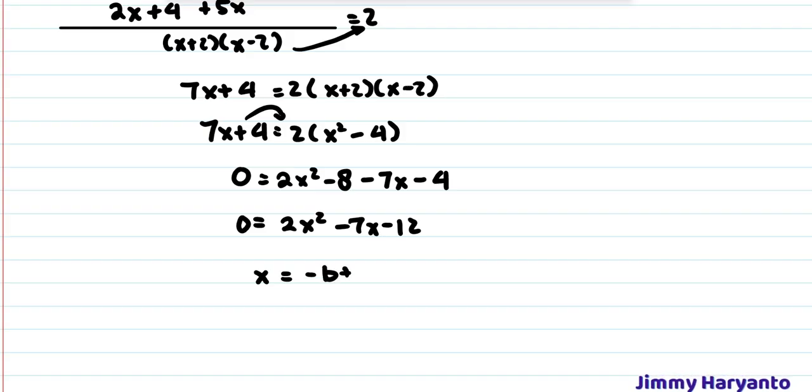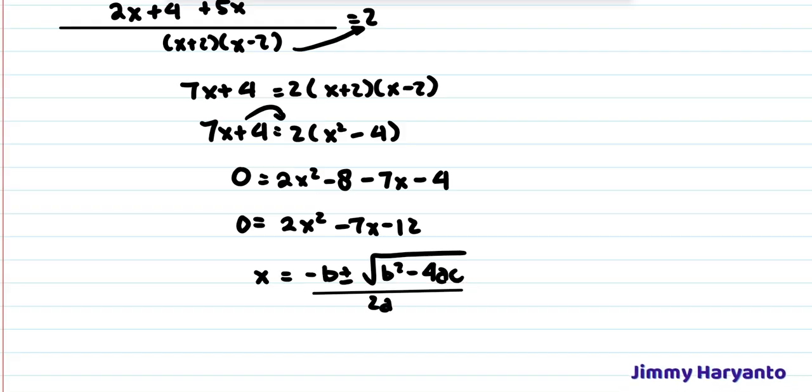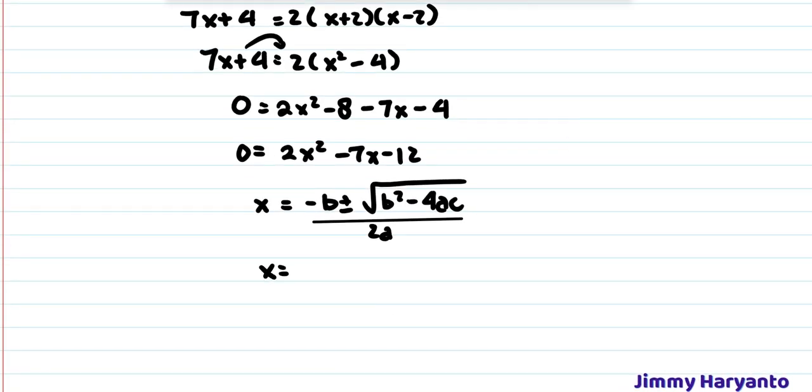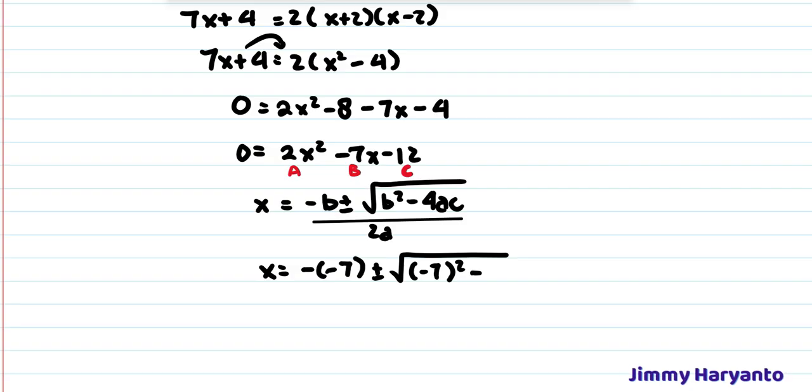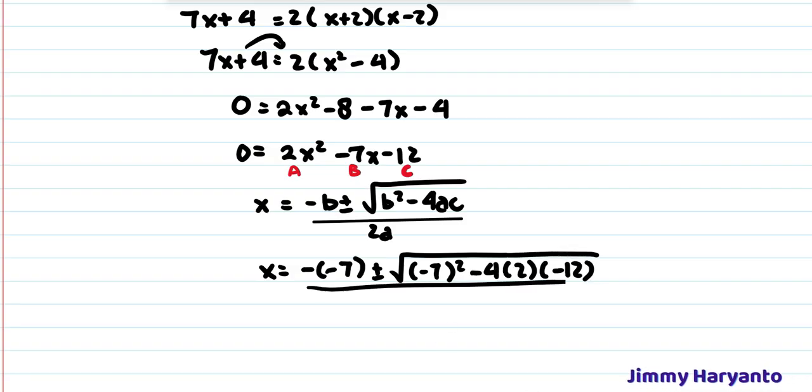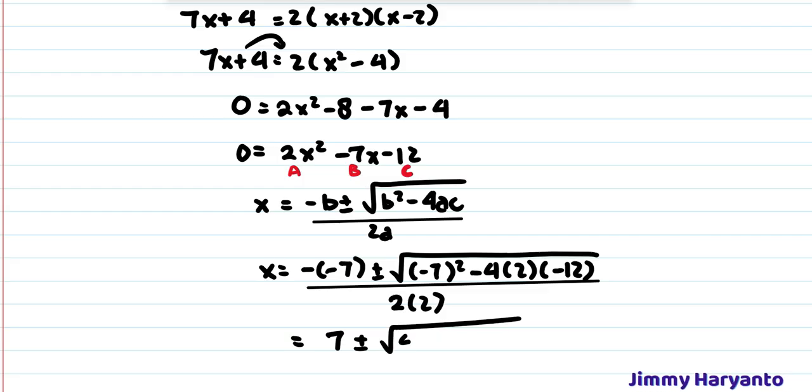The formula is negative b plus minus square root of b squared minus 4ac over 2a. Okay, and then you only have to input. So x equals, this one is the a, b, and c. The b will be negative 7, so when you input into the negative b, it will be positive 7 later. Negative 7 squared minus 4 times a is 2, c is negative 12, over 2 times a is 2, equals 7 plus minus square root of 49